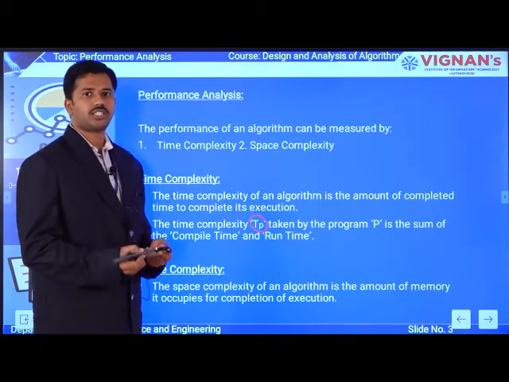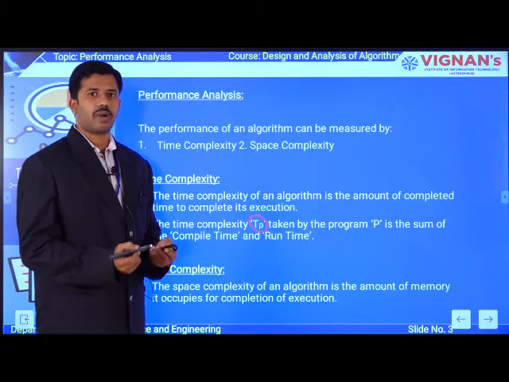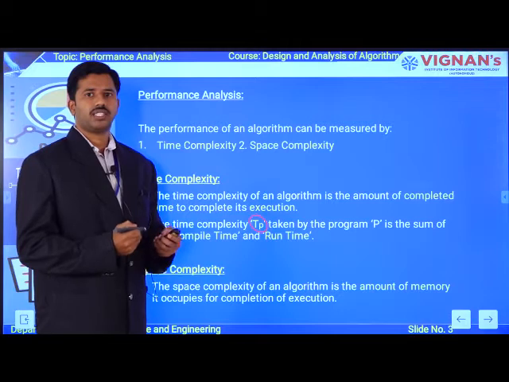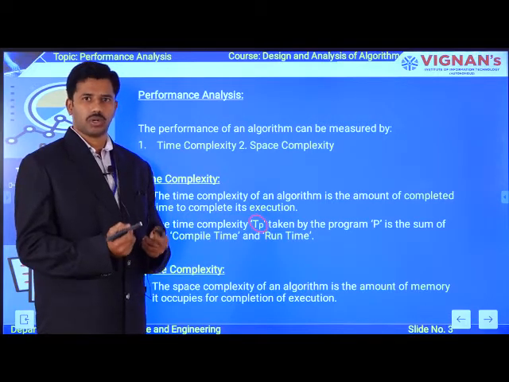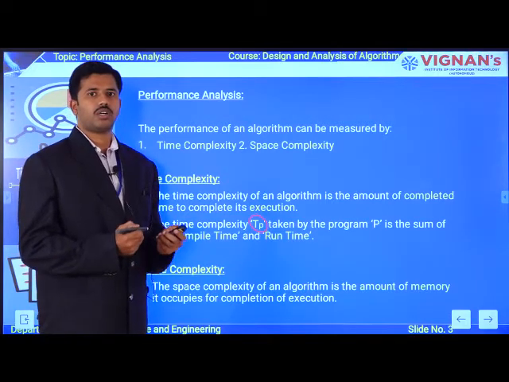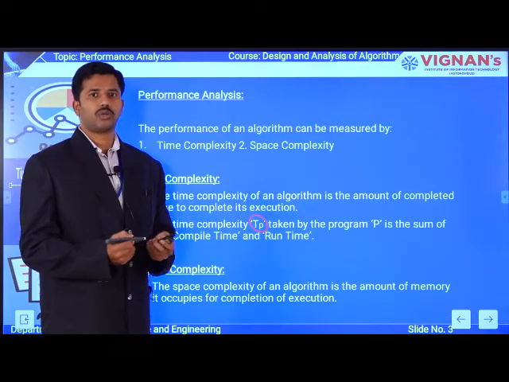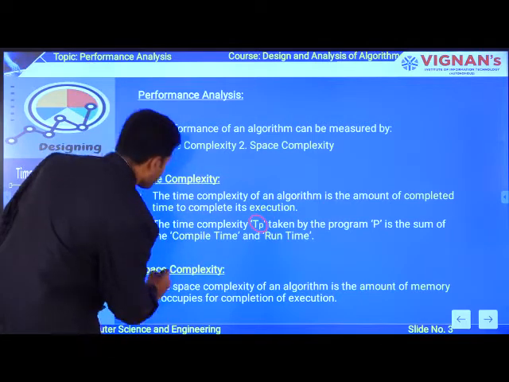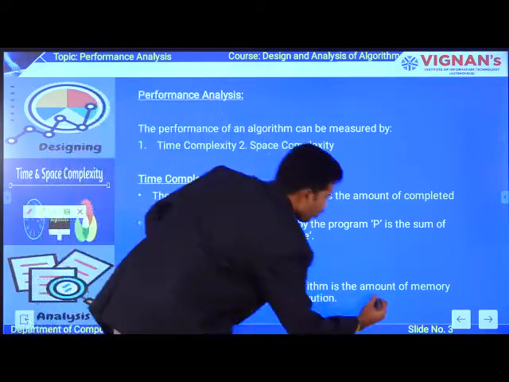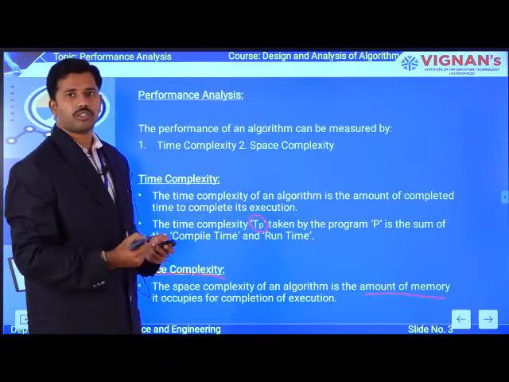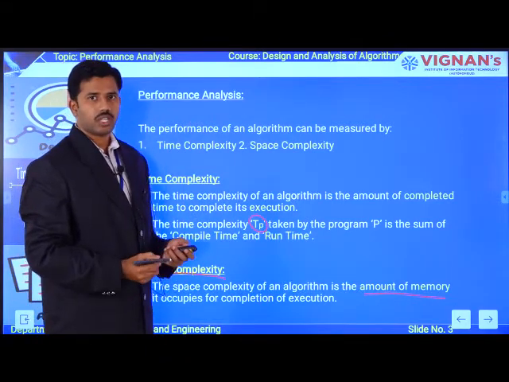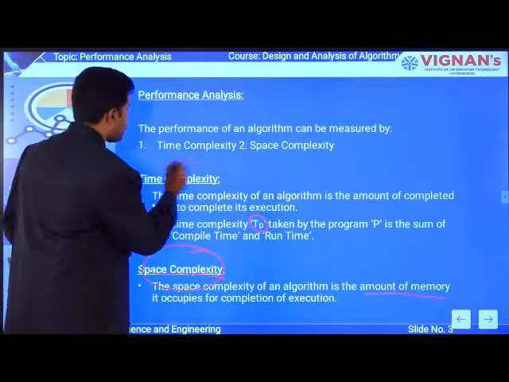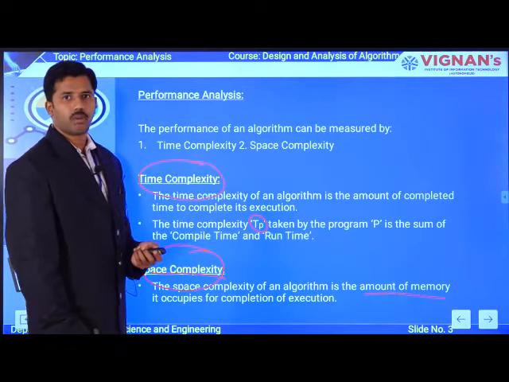The time complexity is a combination of both compile time as well as run time. In compile time, you are verifying the syntax and semantics of your pseudocode, and in the execution time, you are giving valid inputs to get the proper output for your particular problem, right? Now coming to the space complexity, it is the amount of memory occupied in your system to complete its execution, okay? As I said previously, we will cover this concept in a separate class. In this class, we are going to cover how to measure the time complexity of an algorithm.